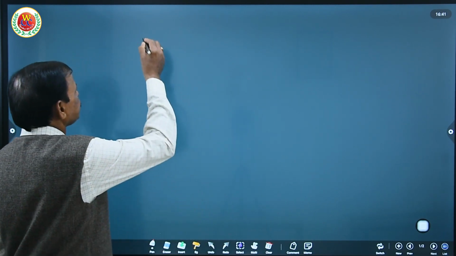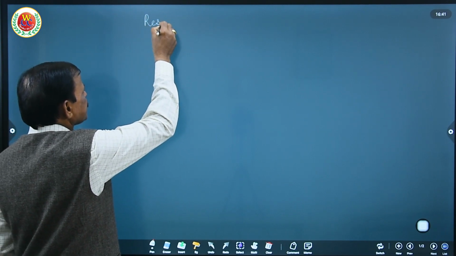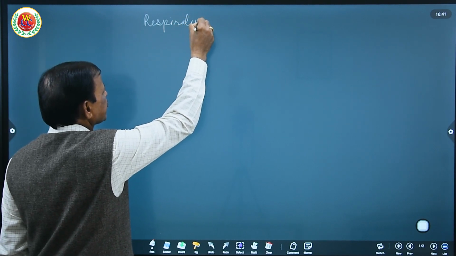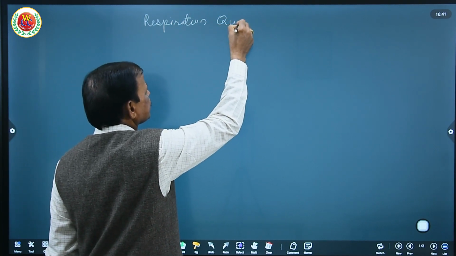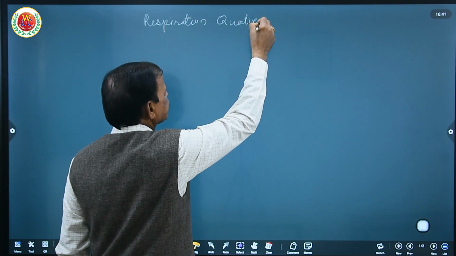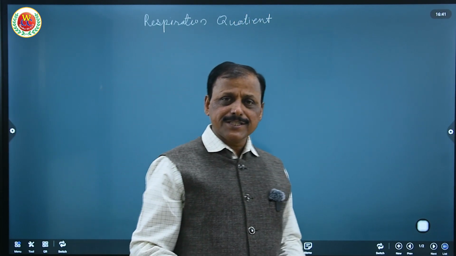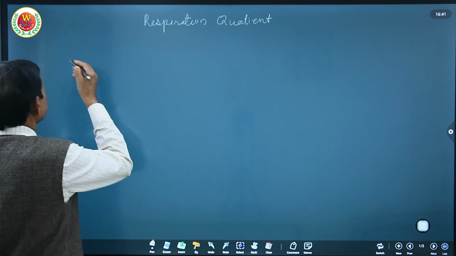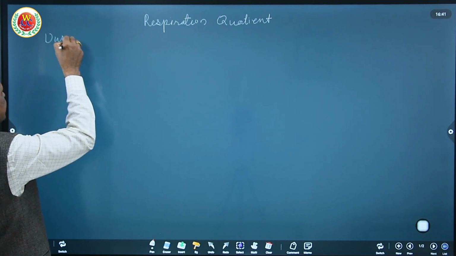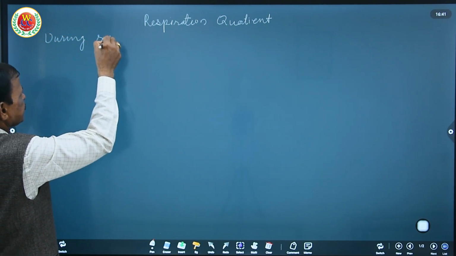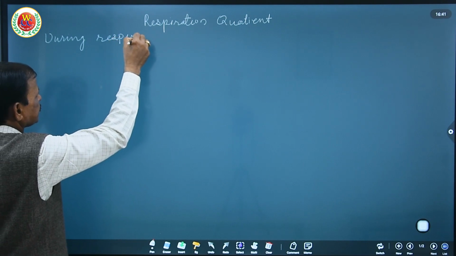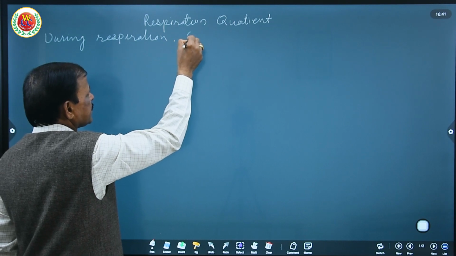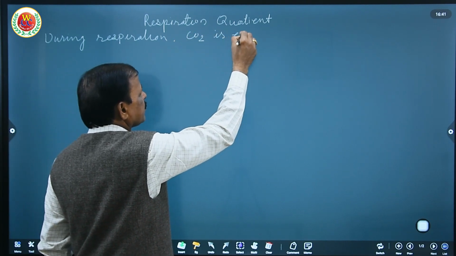As you know, respiration is the process of breakdown of complex organic substances to release energy. During this process, a very major event is that carbon dioxide is released during respiration, that is, breakdown of complex organic compounds. CO2 is evolved